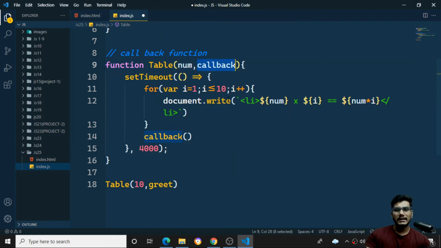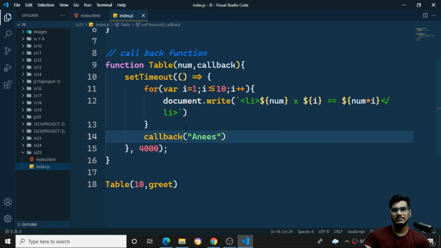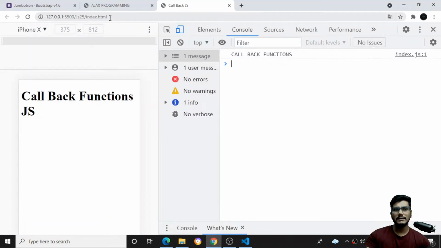Here callback will take the argument str, so that is nothing but this greet. I'll just pass my name over here. In the callback function, I'm just passing my name. So once I save this and run this particular program, after exactly 4